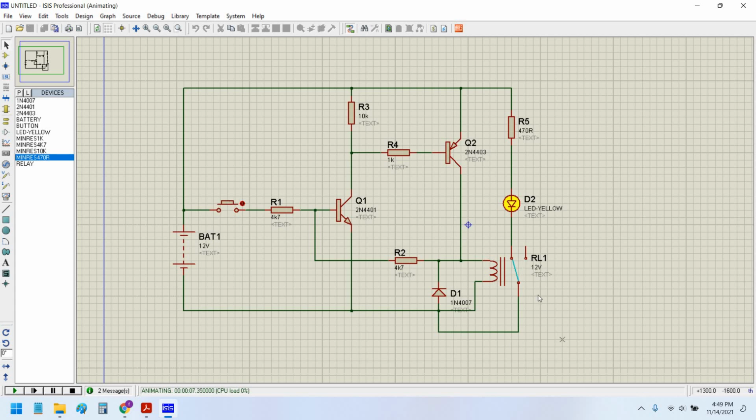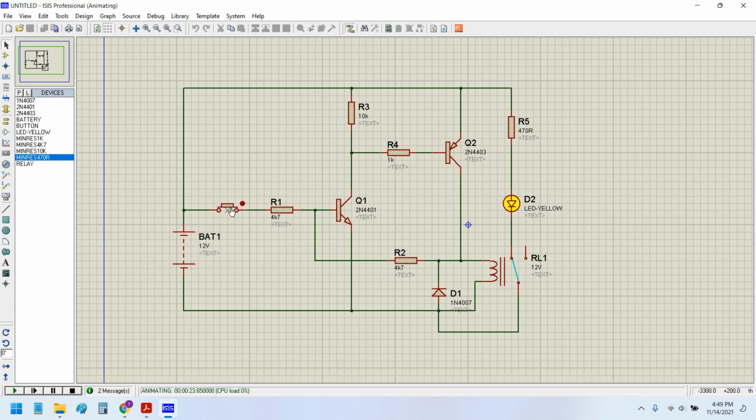Yes. See, the plunger moves on the left side and the LED glows up. Now if I again push this push button, the relay plunger would not move on the other side, because the circuit is latched. The circuit is now working in the loop. It is independent of the push button now.